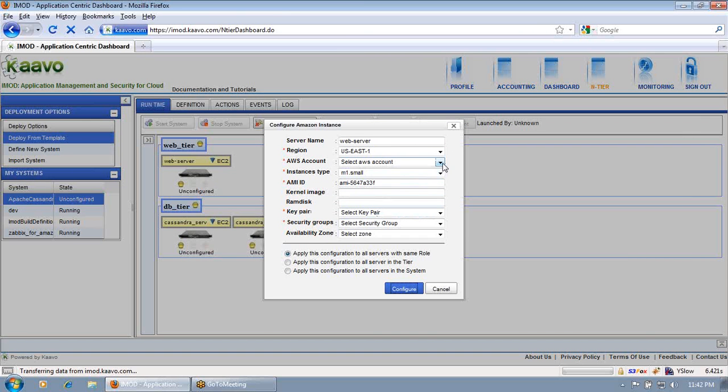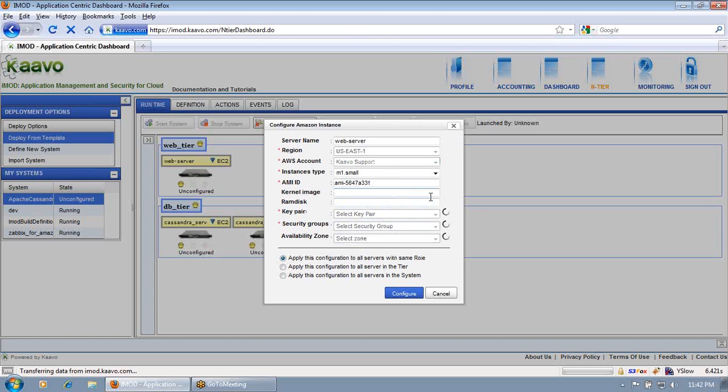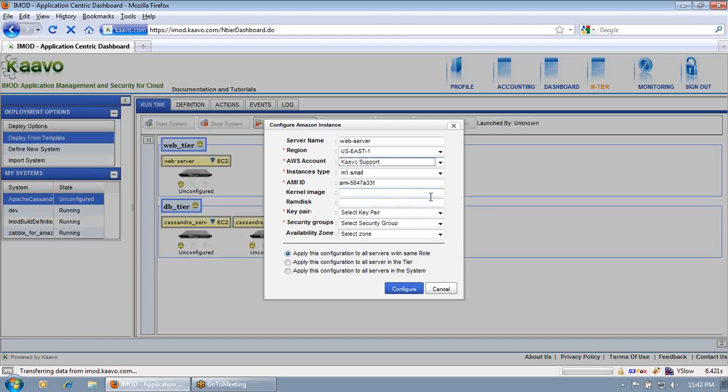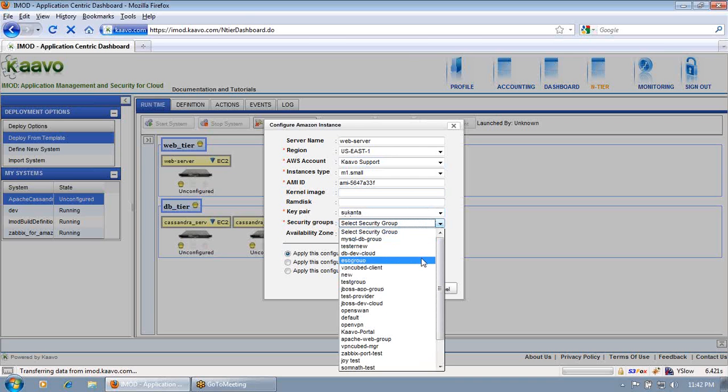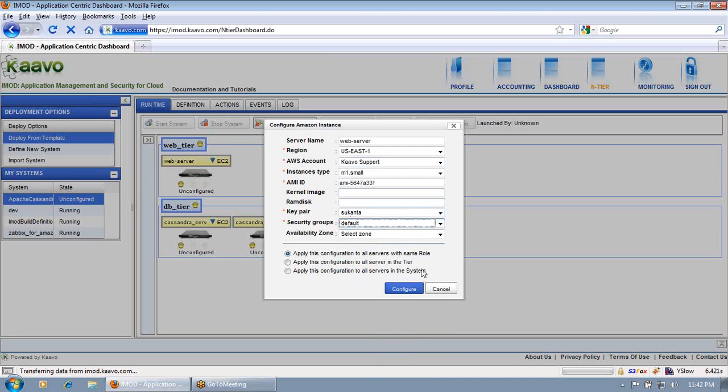To configure, you need to choose an AWS account. This is an Amazon Web Services account. Then choose a key pair, security group, and availability zone. Here we use this AMI.